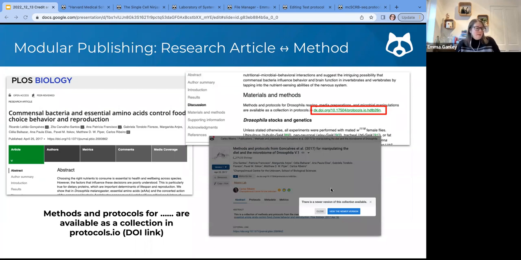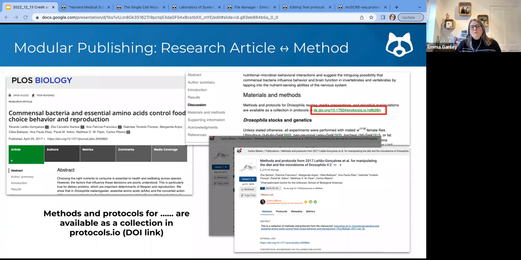As you saw earlier, you can have multiple versions. So this is a really nice feature in that after you've published, you can actually come back and amend, better, further optimize the protocol, one of them or multiple of them in that collection, or clarify something. And when an author comes from the journal article, they'll always be told if there's a newer version and if they want to see the newer version. And with that compare functionality I showed you earlier, you'll be able to see what the differences were between them. And so you can come to the newer version and then track back if you want to.